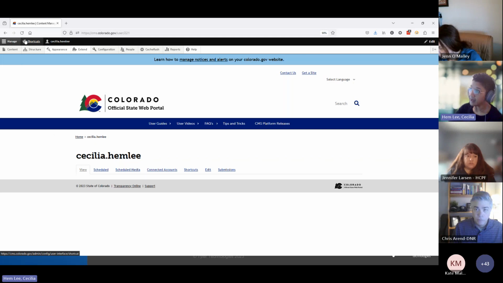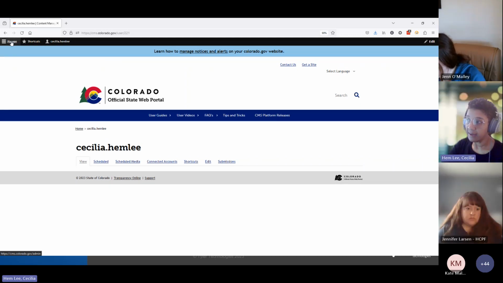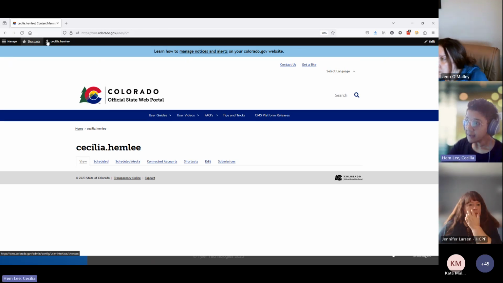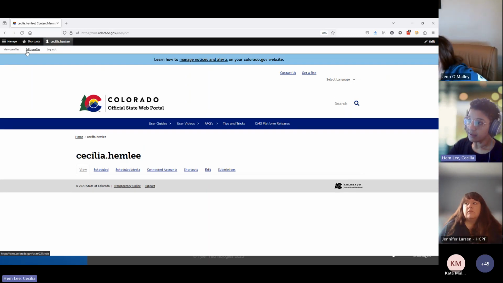You have your administrative menu at the top, and you could toggle it off and on based on how much space you need to have. If there are places on my site that I frequent, I can add those shortcuts here. And then I have my little avatar here that indicates that I am logged in. And underneath there, you have the ability to view the profile, edit it, or to log out. Now, at the very